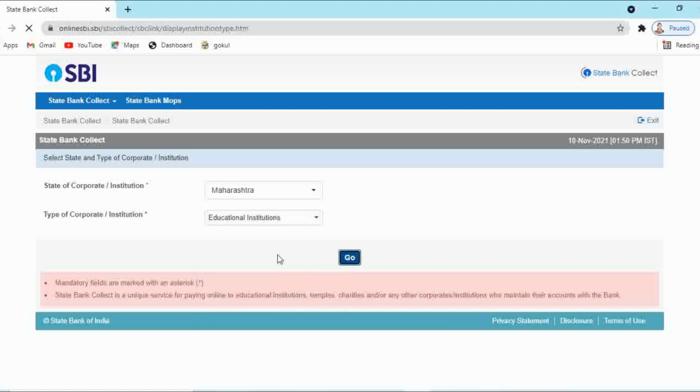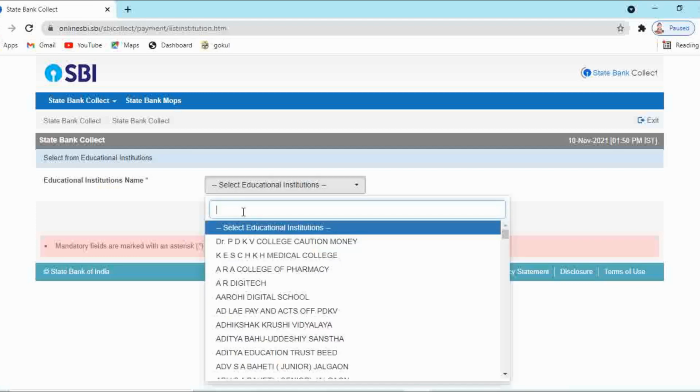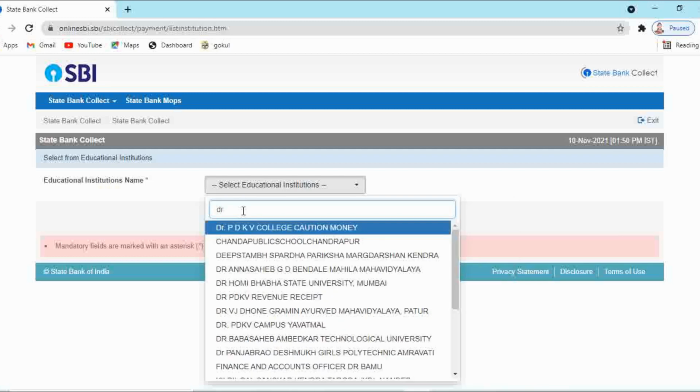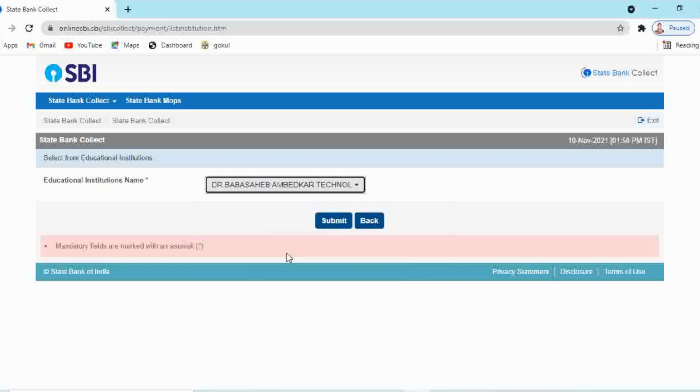Click on go. Here you have to select the educational institution name. The name of your institute is not given in this list, so you have to select the name of the university to which your college is affiliated. Since our college is affiliated to Dr. Babasaheb Ambedkar Technological University, I am selecting this option and then click on submit.